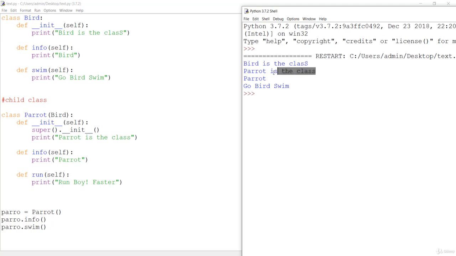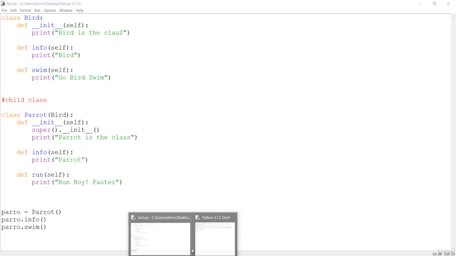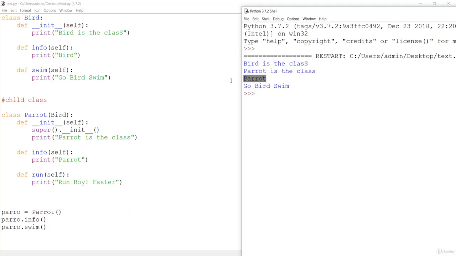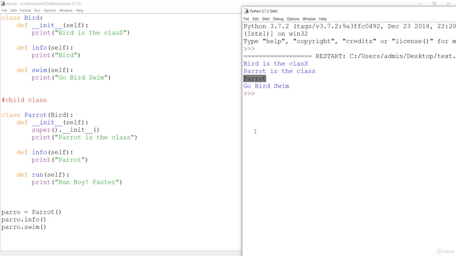After that it will call the info method of this parrot, and print parrot, which you can see over here. And last is swim, which is obviously not in the parrot class, but we have the inheritance. That means we can also call the swim method of the parent class, and it is giving us go bird swim. It's right over here, go bird swim.